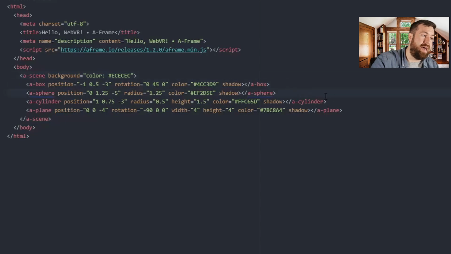Here we have the a-scene. Within it, we have a box, a sphere, a cylinder, and a plane. Notice how they're appended. These are part of the standard library of entities built into the A-Frame library, out of the box, so you don't have to create these. Like I mentioned, you can extend stuff further, but there's a lot that's built in, and there's a quickly growing